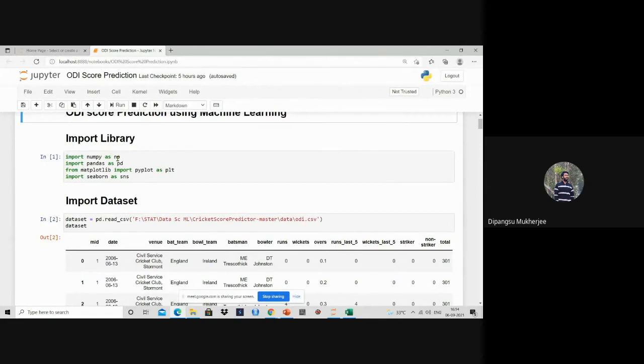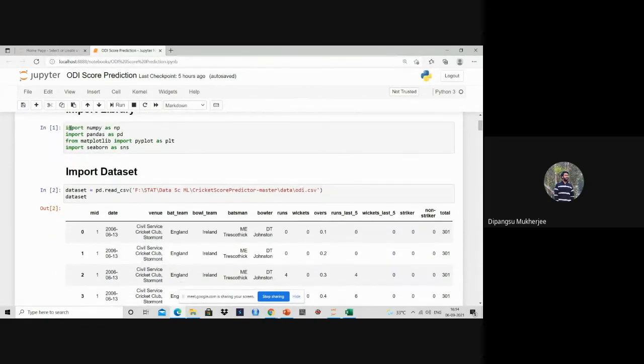Here you can see np and pd. That means when we use our NumPy library, we do not write the full name NumPy; rather, we will just use the short form np. Then we will have to import all the libraries.